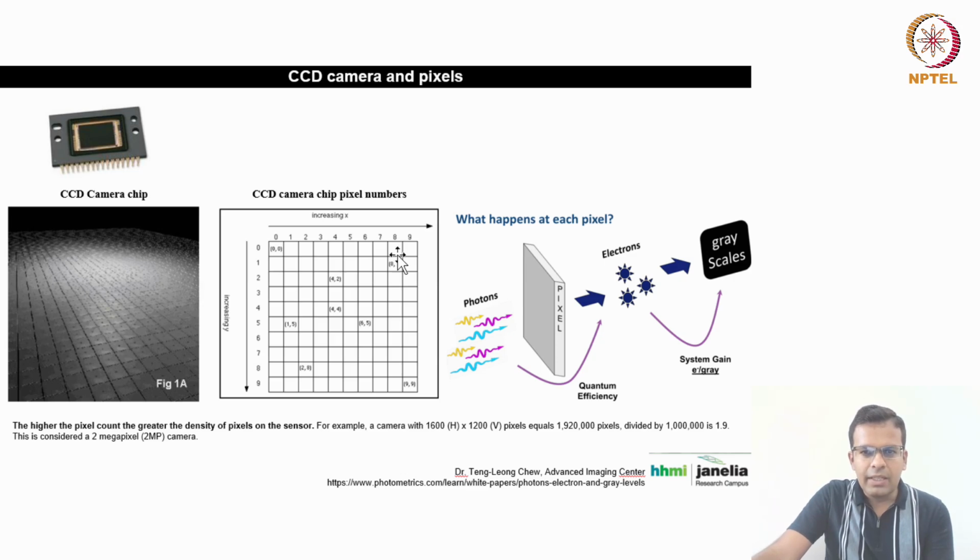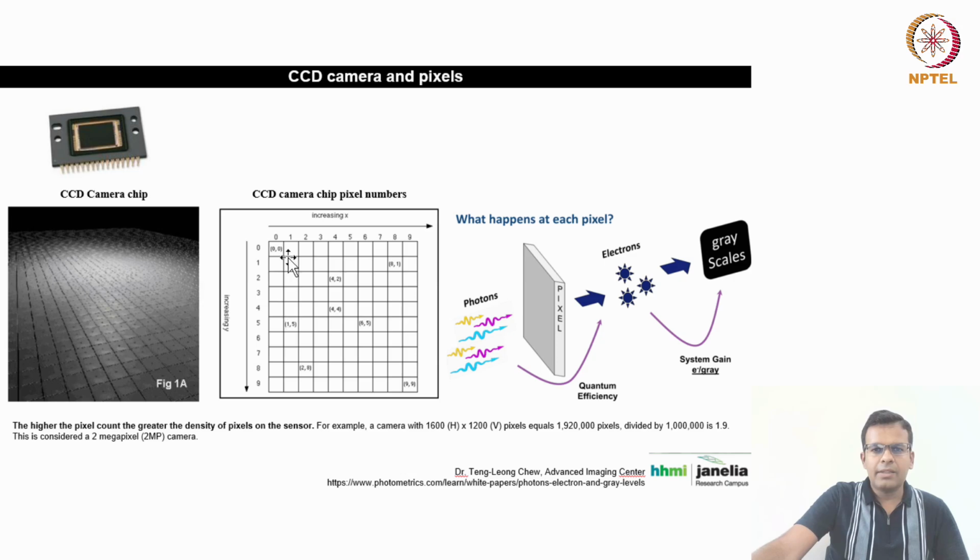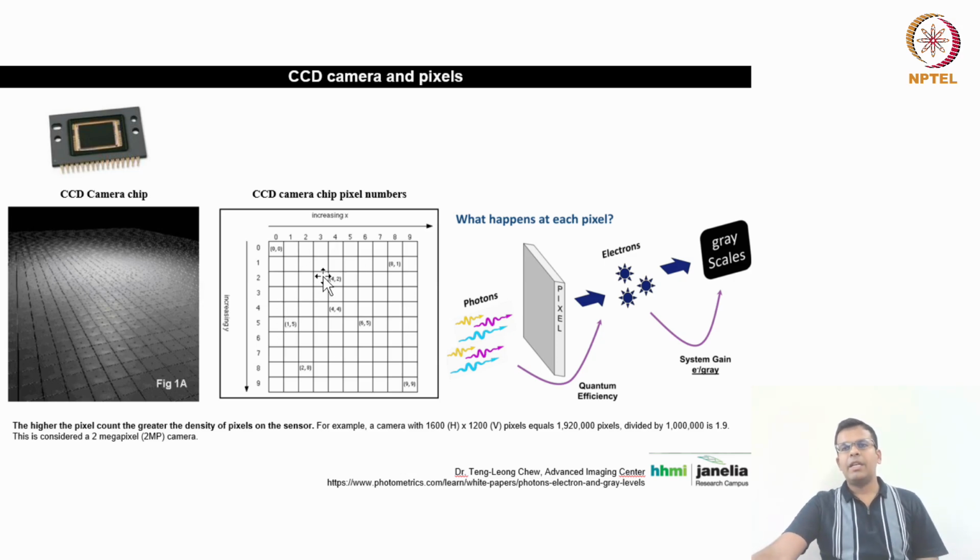Okay, so basically in the CCD camera chip each pixel can be identified with different numbers. Like this is the pixel known as 0 and 0, because in X and Y position it is at number 0, whereas this pixel is known as 9 by 9 because it is at this position. Okay, so each pixel can be defined by a specific number, and a CCD camera chip is made up of this kind of pixels. And many times we hear about the megapixel of the camera, right?